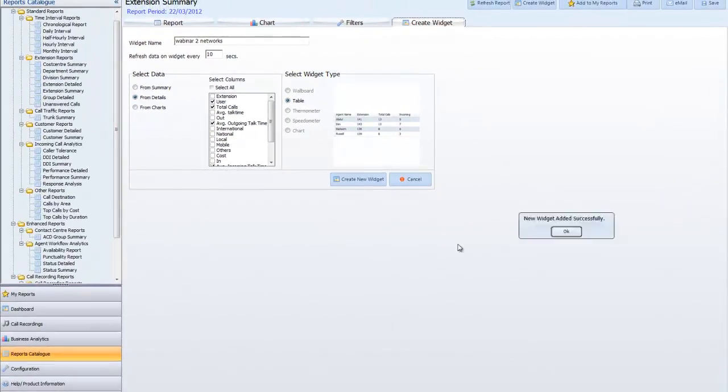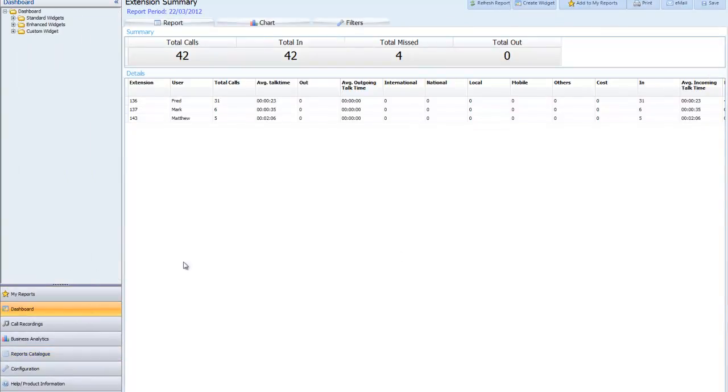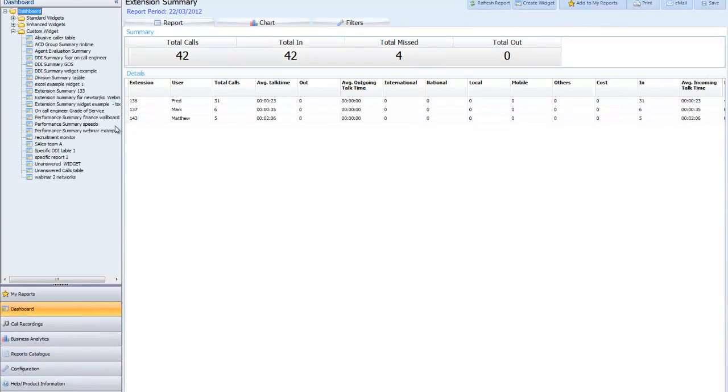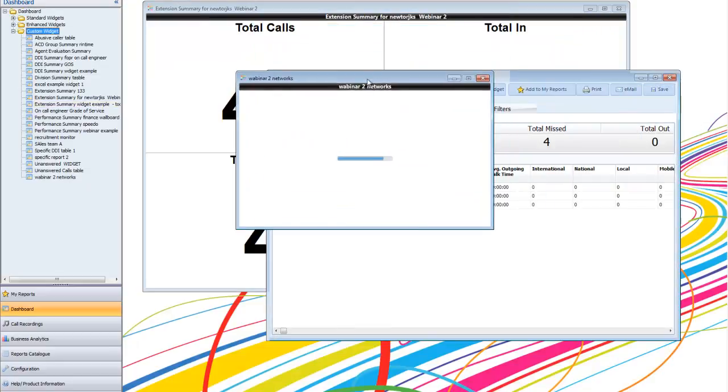I want to see that in a table, create that widget, it tells me it was successful, back to my dashboard, back to my custom widgets, and then I can go in here and look at my networks for Webinar 2 networks, and